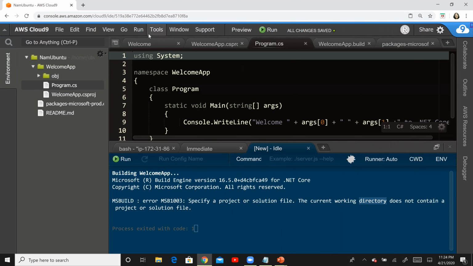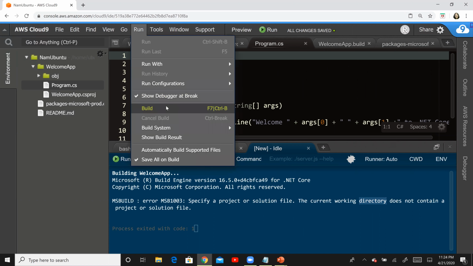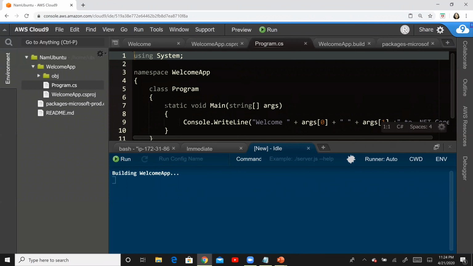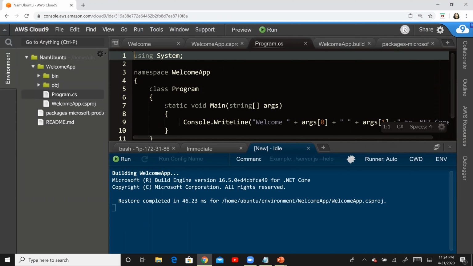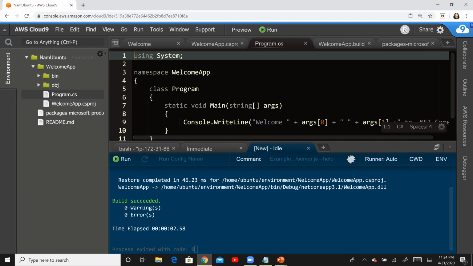Okay, let me try and save this again and then try and build this. Okay, so our build was successful. This was one of the errors that I got. So if you get an error, just ensure that you go ahead and save it. Now this was one of the errors that I got, so I could showcase it. Okay, so our build has been successful.